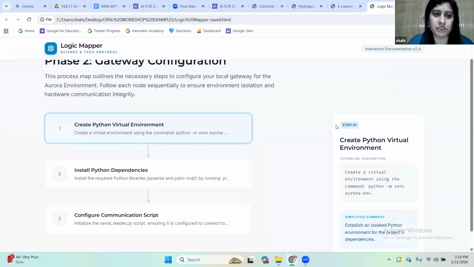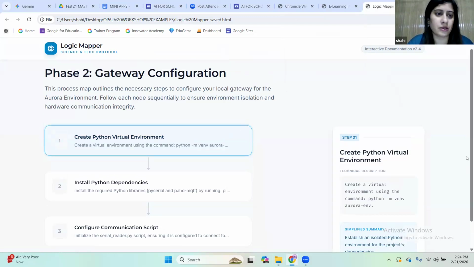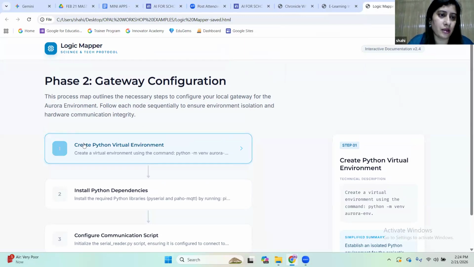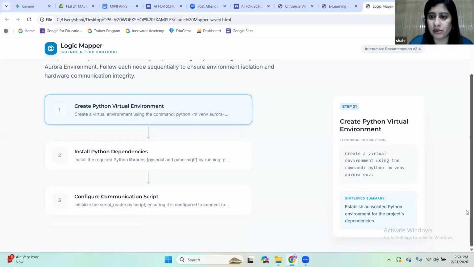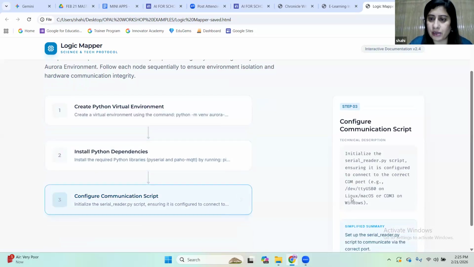And then this is a logic mapper app output. What it does is it creates timelines. Sorry, it creates flow charts, the how-to processes. For example, if I click it, you will be able to see the step description on the right side. Then step 2, you can see a description here. Then step 3 and description here. So basically what this app has done is it has given me the workflow chart.